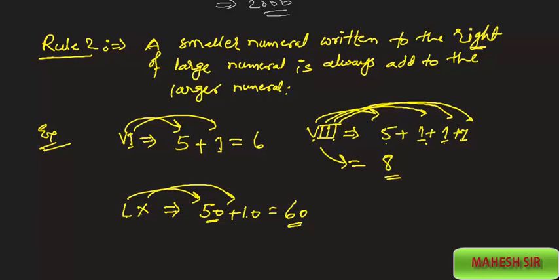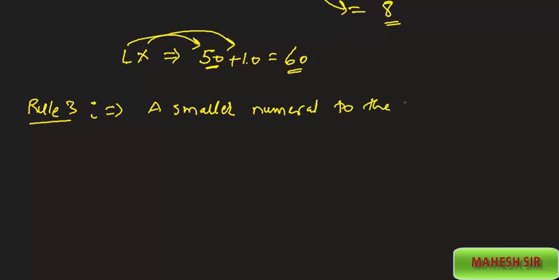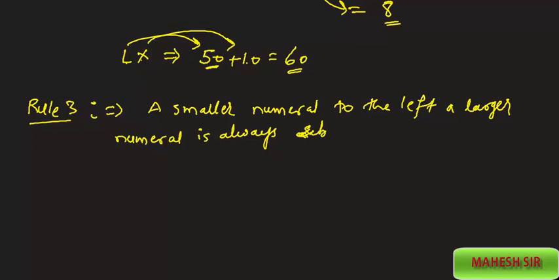Now let us understand rule number 3. Rule 3: A smaller numeral to the left of a larger numeral is always subtracted from the larger numeral. Okay,